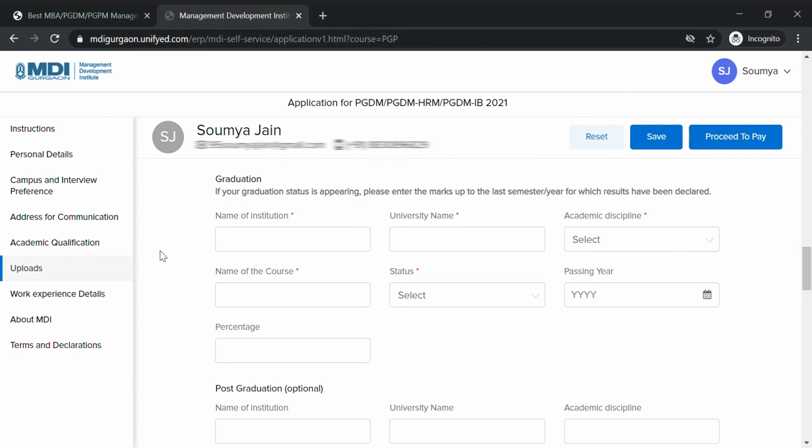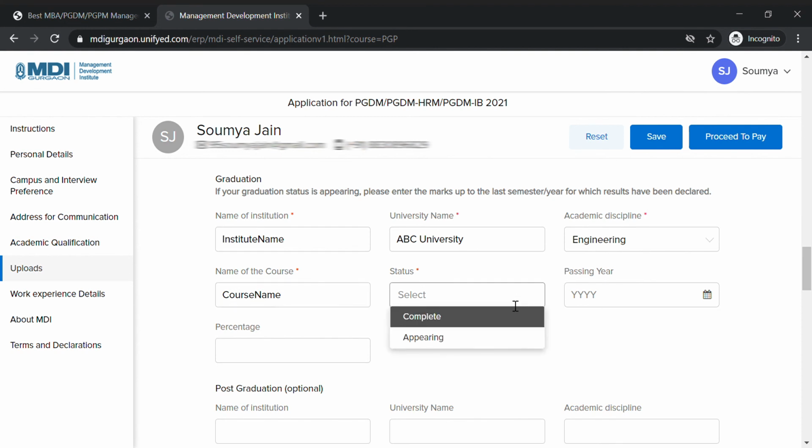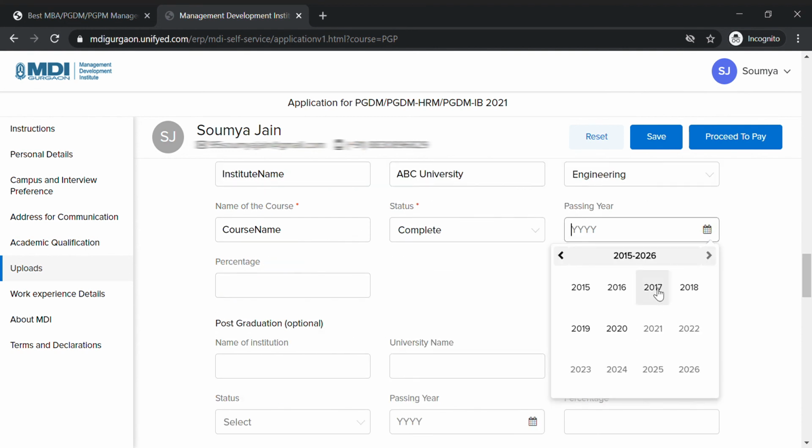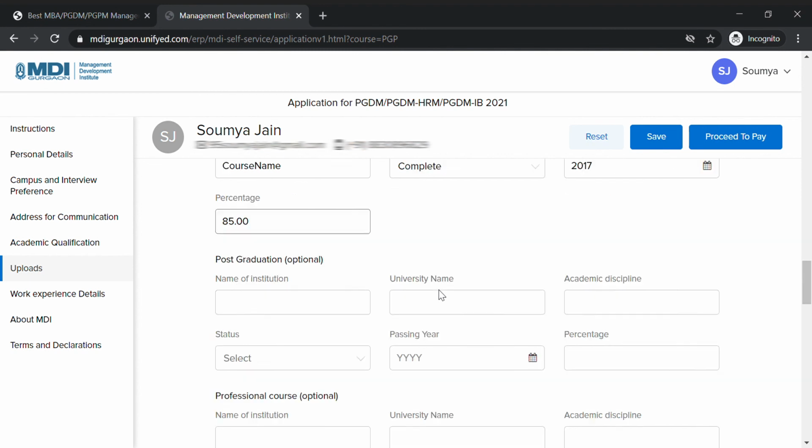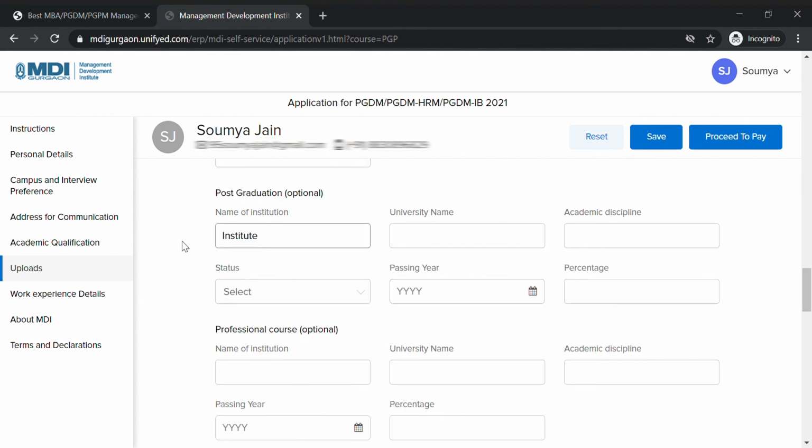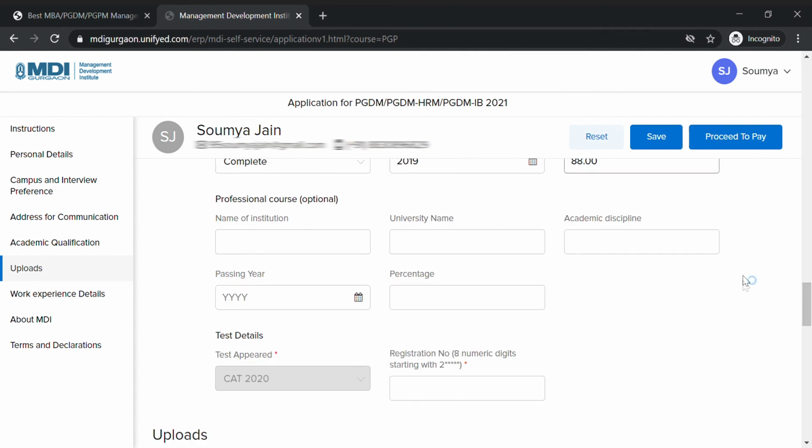Coming to the graduation section, enter your undergrad details as per the field headings. If you have not completed the degree or are appearing for it, enter the average of percentages of marks obtained for the years or semesters of the degree course completed till date. If you are pursuing or have completed a dual degree course, enter the course name and related details in the graduation section itself. In case you have done or are doing any course such as CA, CS, ICWA, or AMIE, enter the percentages of marks obtained in the inter or final examination.